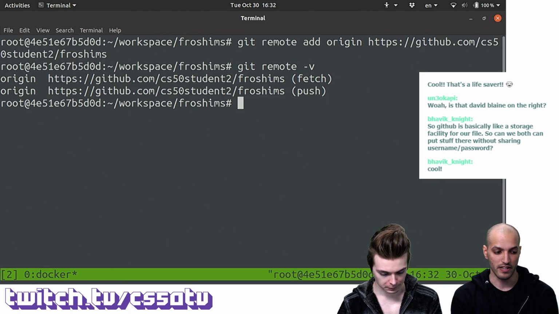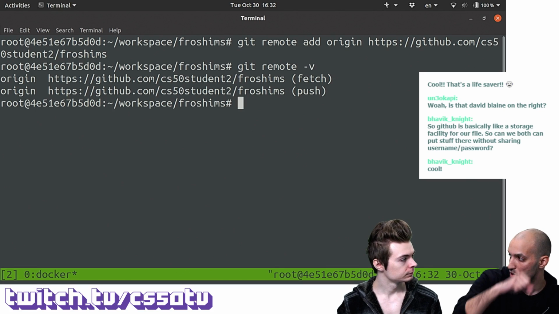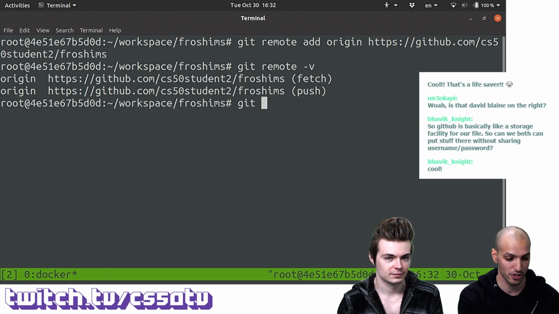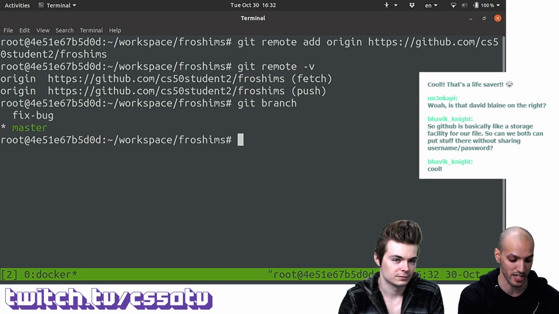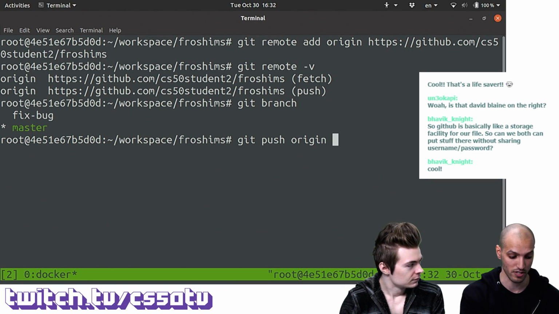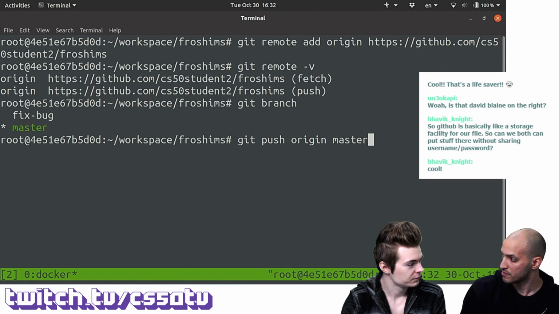So now that I let my local repository know that it should be syncing up with this remote repository on GitHub, one thing I can do is simply push my current branch, which is master in this case. The way to do this is git push origin, which is the name of my remote, as we can see here on the left, and then master, which is the name of my local branch.